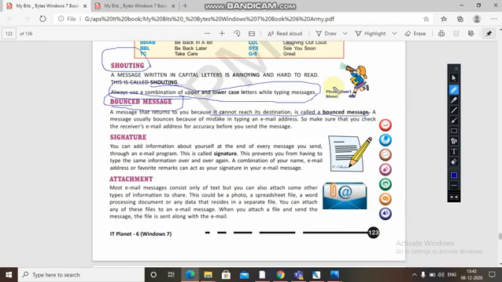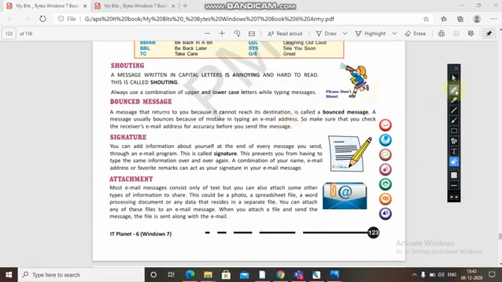A message usually bounces because of a mistake in typing the email address. If you have written a wrong email address, it will bounce back. So make sure that you check the receiver's email address for accuracy before you send the message. So hope all these things are clear to you.